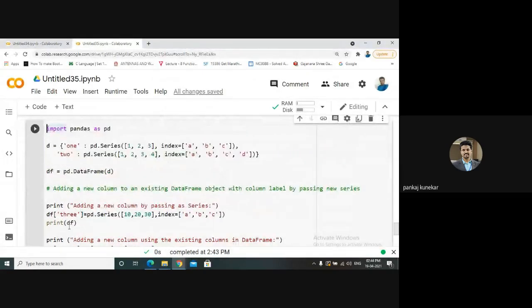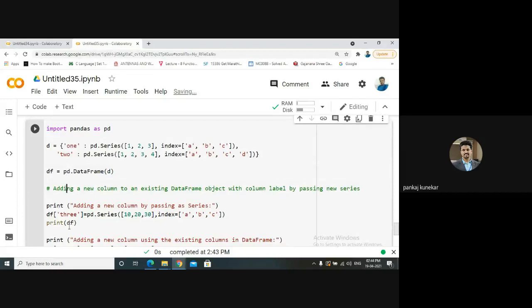Pandas is imported, then a series is created, and a data frame is created using some series. So series pd.Series 1, 2, 3 with the indices, and the second is pd.Series 1, 2, 3, 4. The data frame is created by passing the dictionary of series.